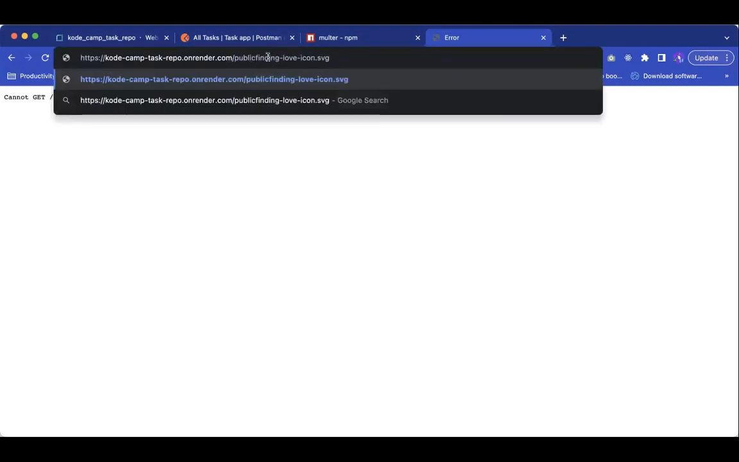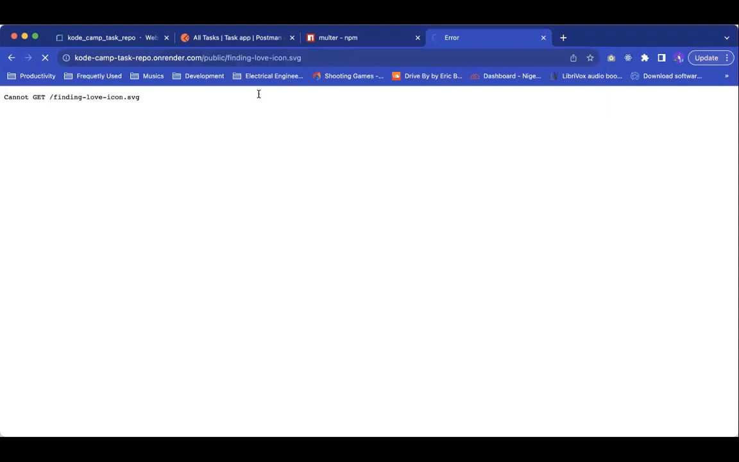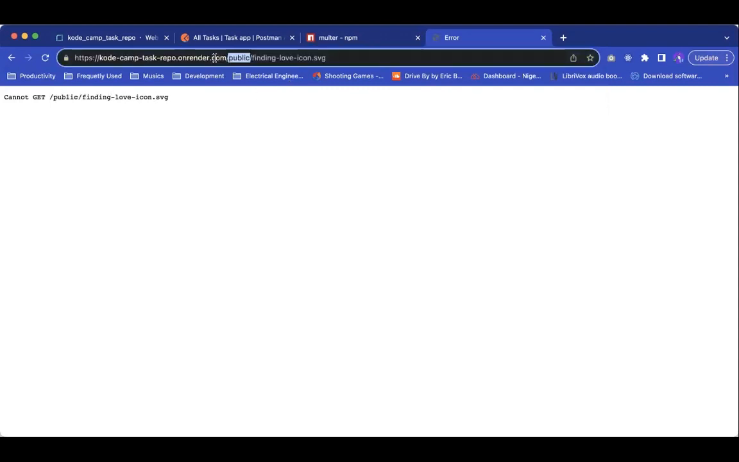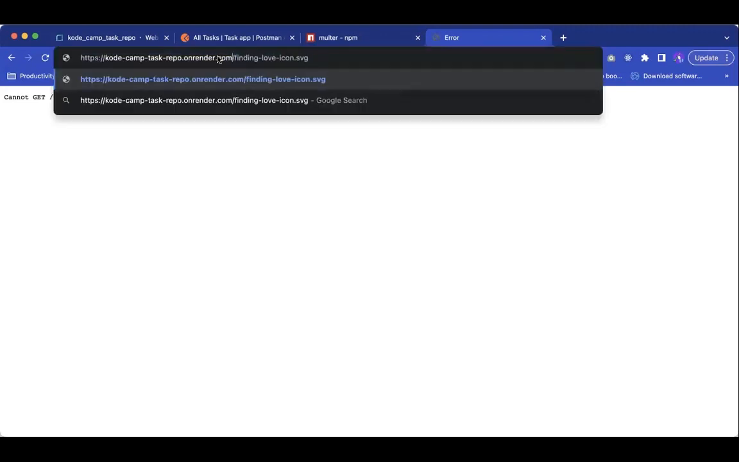So, but like it or not, right? That file has been uploaded, right? It has been uploaded. It's just that we can't actually get it like this, right? Even if we add the public slash that slash public slash finding log icon dot svg, it's not actually going to work. Or we use static. I don't think static will also work. We are supposed to just be able to access that file by saying,